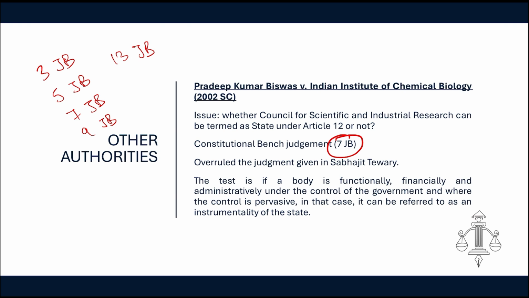राइट. इन दिस केस दिस इज अ 7 जज बेंच, इट इज़ वेरी इंपॉर्टेंट. और यहाँ पे हमने एक ही टेस्ट इस्टेब्लिश किया गया है. एक तो सबजीत तिवारी को ओवररूल किया, स्टैट्यूटरी अथॉरिटी का कोई रिलेशन नहीं है अदर अथॉरिटीज से, इन्होंने पहली चीज़ ये क्लियर की. दूसरी, इन्होंने टेस्ट इस्टेब्लिश किया, इफ अ बॉडी इज फंक्शनली, फाइनेंशियली एंड एडमिनिस्ट्रेटिवली, रिमेंबर फंक्शनली,